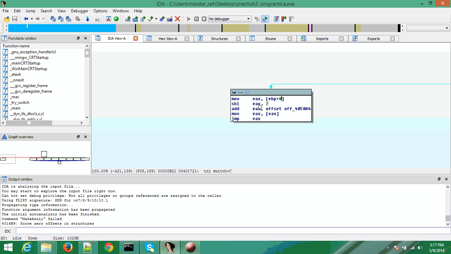Shifting left means basically multiplying the EAX by 2 raised to whatever number is over here. So if it was 1, it would be 2 raised to 1, which would be 2. In this case, since it is 2 raised to 2, it's multiplying the specific value by 4. Once it multiplies the value by 4, in this case we have 6, that would be 24. It's basically adding the EAX with the offset,